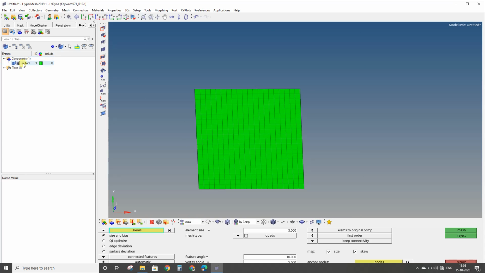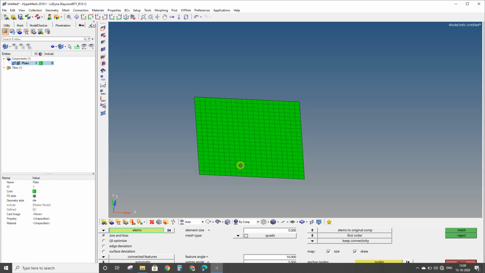Here an automatic component is created, that is auto1. You can rename this by using F2. And I am giving the name as plate. Okay. Then